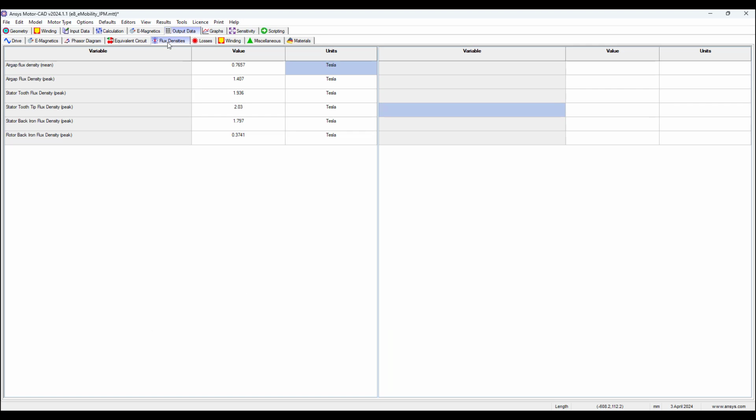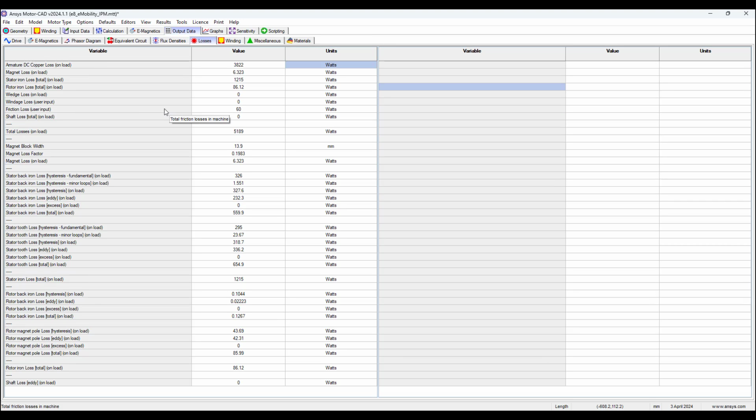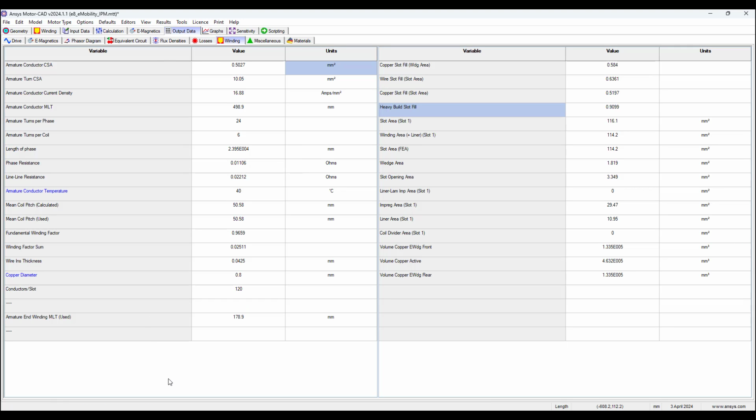We have flux density values, air gap flux, stator tooth flux density, etc. Losses, quantities for the core loss, the winding losses, various losses in the motor model. And here we can see winding data, right, for cross-sectional areas, current densities, linear dimensions, okay,